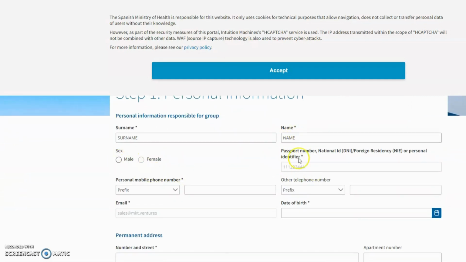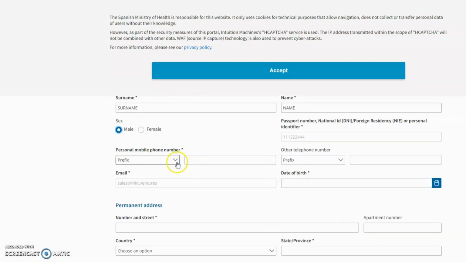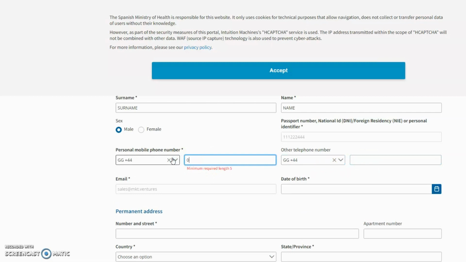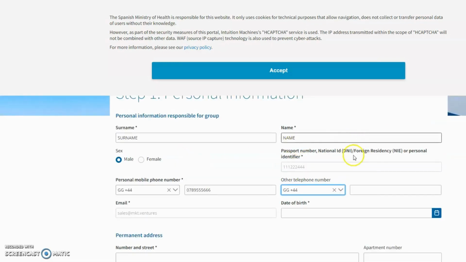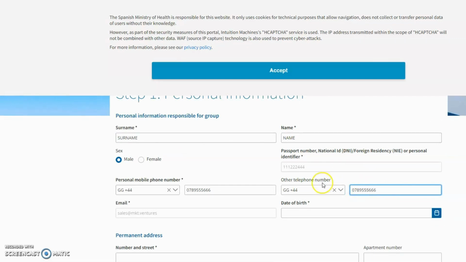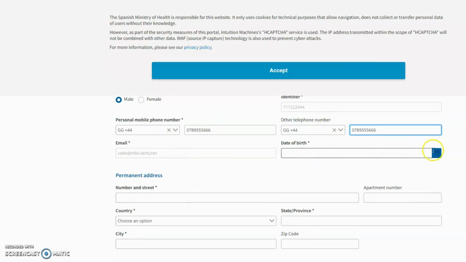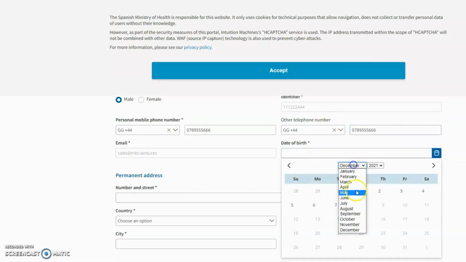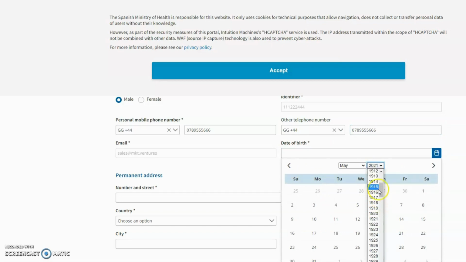It's got your passport details already in. What sex are you, male or female? It asks for your phone number. So again, we will put a UK number in there, and a UK number in here because it asks for it twice. In fact, we better put one that looks like a proper number, haven't we, for the purposes of this. Email address is already there because you've already registered. Your date of birth, which we will put as